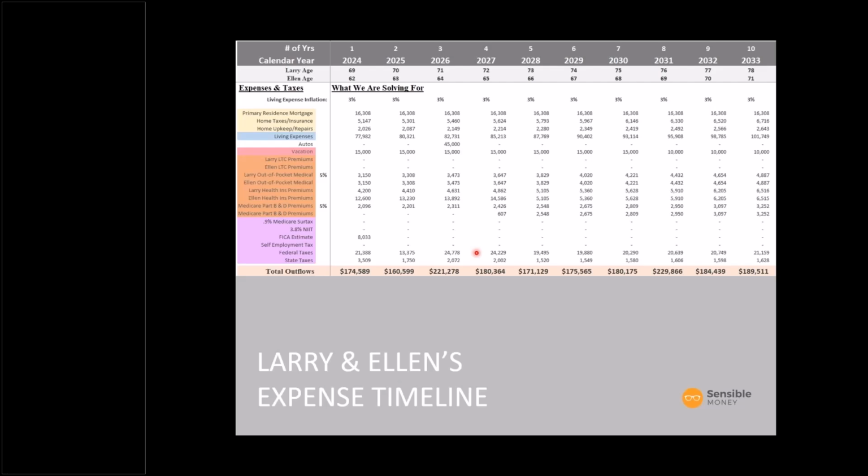Now, one of the things that we're also accounting for here are different inflation rates. While we're using 3% on most of the recurring items, living expenses, taxes, insurance, we're using 5% on healthcare related items. And that may not be as high as we're thinking, but many retirees are very concerned about the potential cost of healthcare. And if this amount of out-of-pocket and healthcare spending is not needed each year, then of course that just provides more money to be spent on some of the go-go spending or other fun things. But we want to test the plan as if that level of spending on healthcare is required.